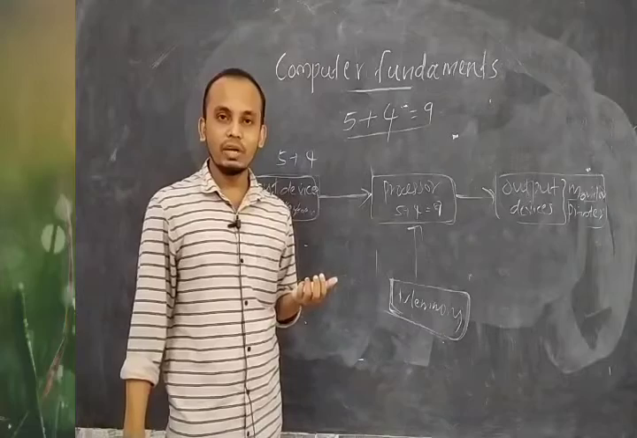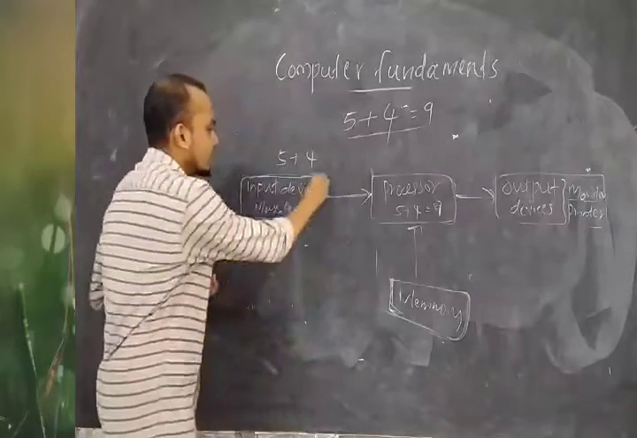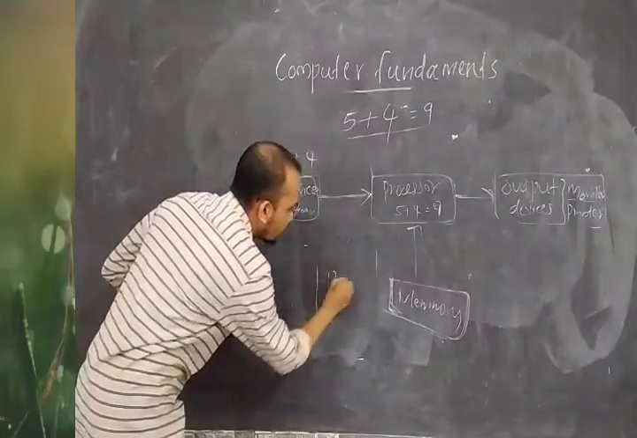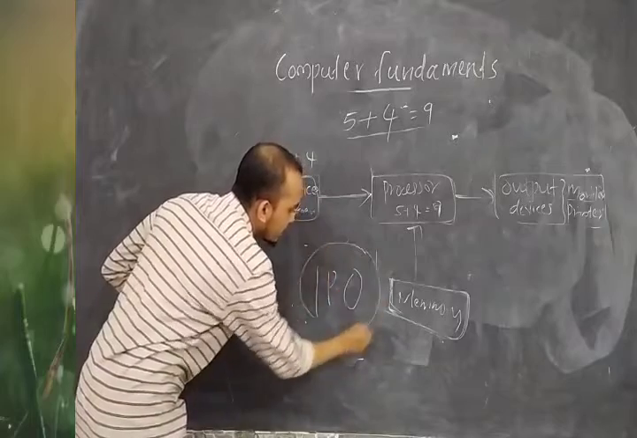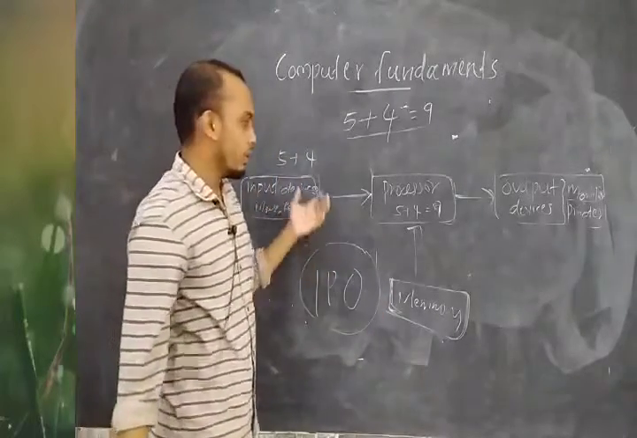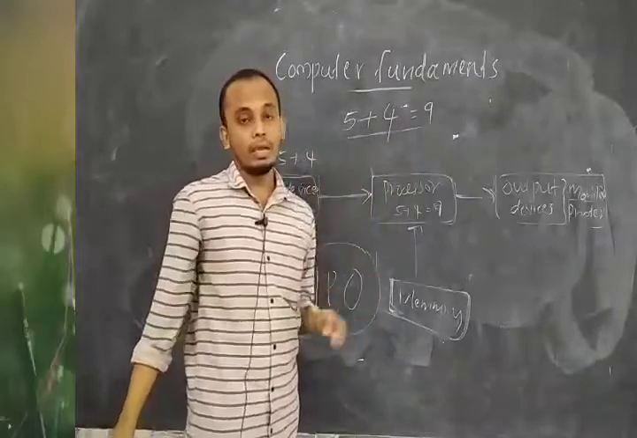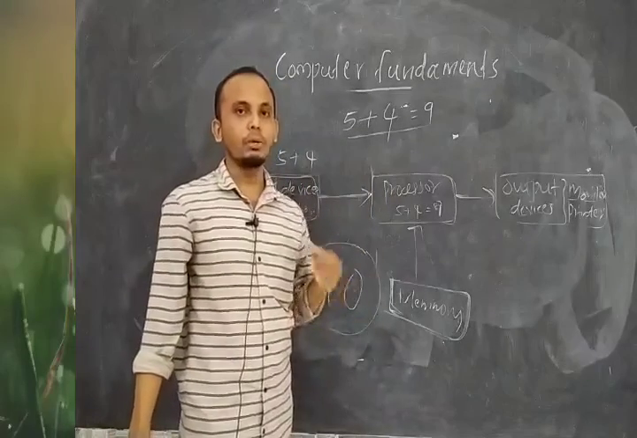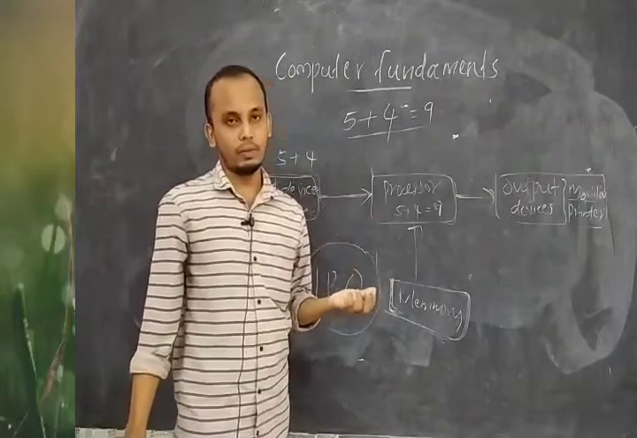Okay, did you understand what I say? These are the three stages. This is called IPO cycle. Three stages of working of a computer: input, processing, output. Okay, then